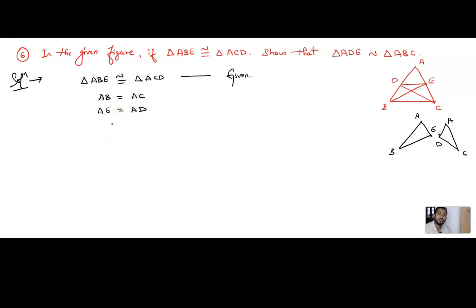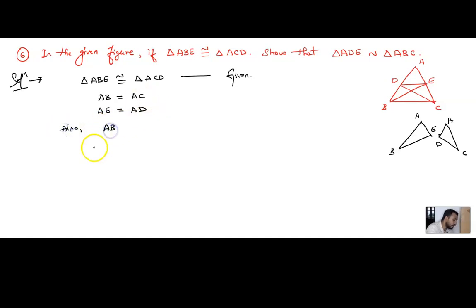AE is equal to AD. Are you getting it, children? AB is equal to AC and AE is equal to AD. Both the sides are equal since the triangles are congruent, according to the CPCT concept. Right? Good. Now, what we can do here also,